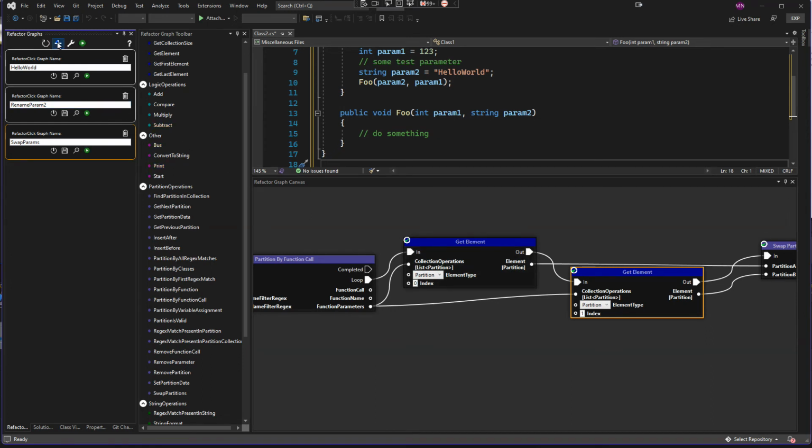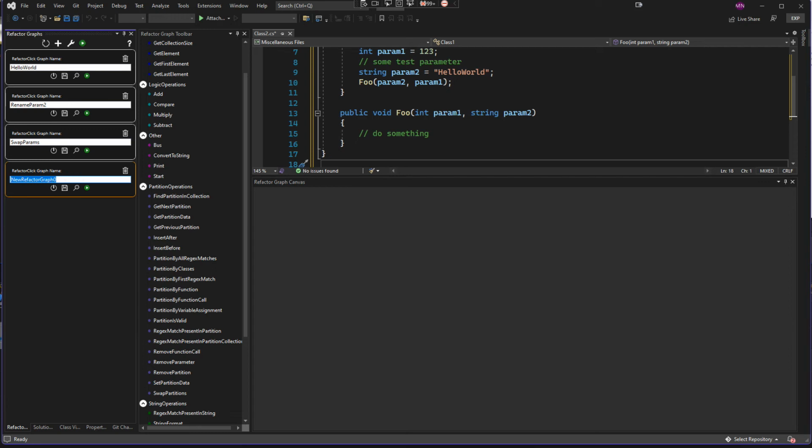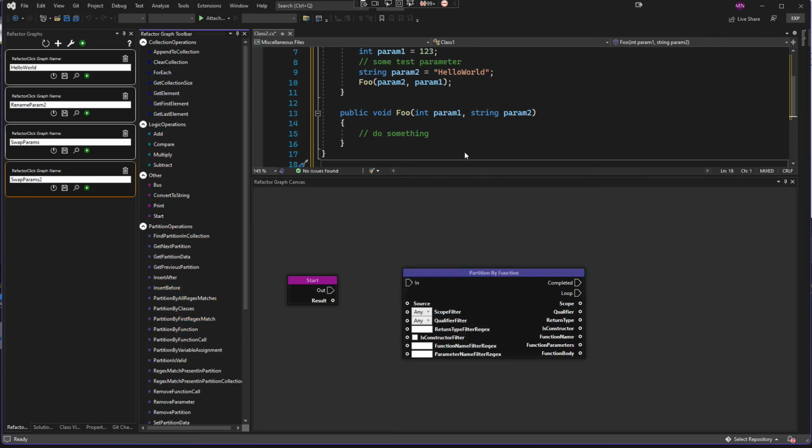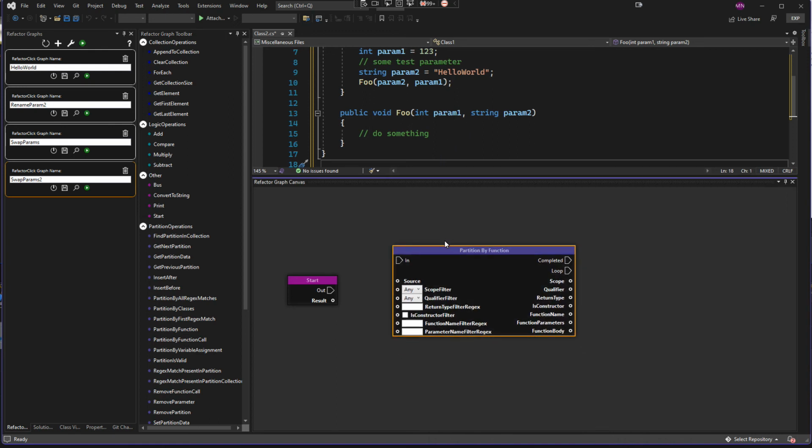Let's create another graph. Let's call it swap params 2. And then in this graph, we are going to change the parameter order in the function definition. Okay, so for this one, we are going to use partition by function. And this node specifically partitions the document by function definitions, not by function calls. Otherwise, it works very much the same way as the partition by function call or partition by variable. So in function name filter regex, we are going to pass foo,